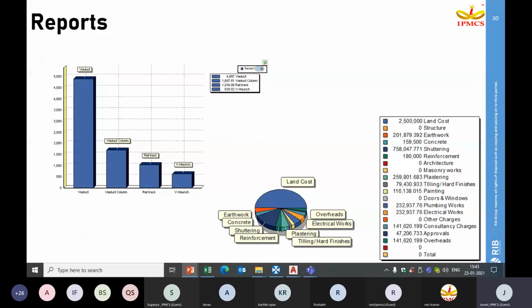And finally, it's all about reports. So here in Costex, we have a customized report writer where we can generate professional reports for our project. We can create our tabular reports, and also we can prepare our graphical reports in Costex. And once the report templates are prepared, they can be used as templates for our future projects also.